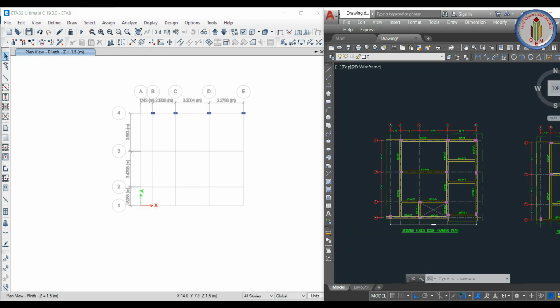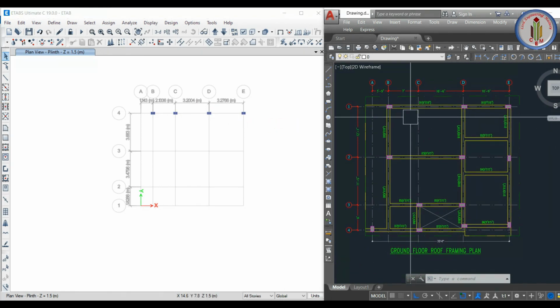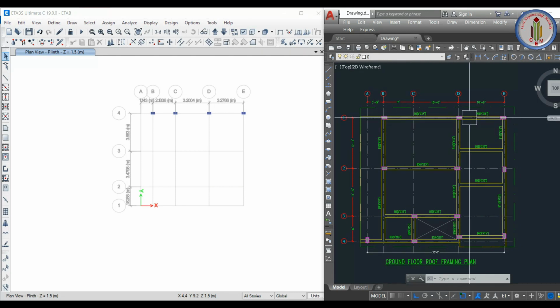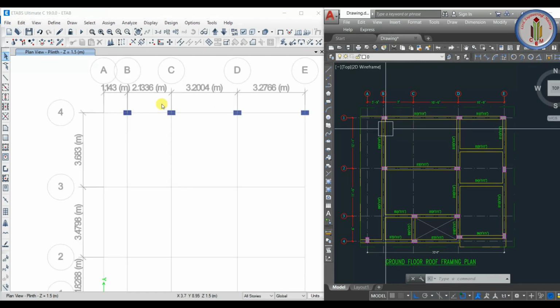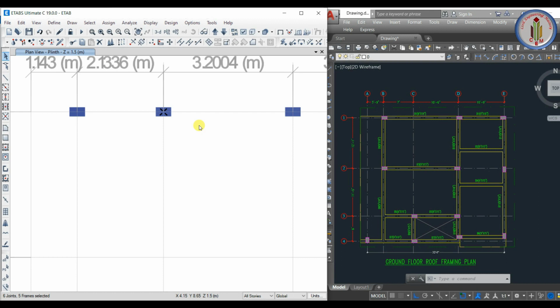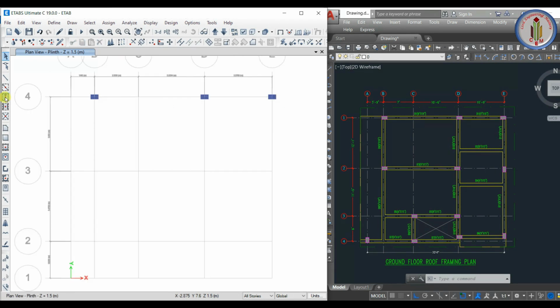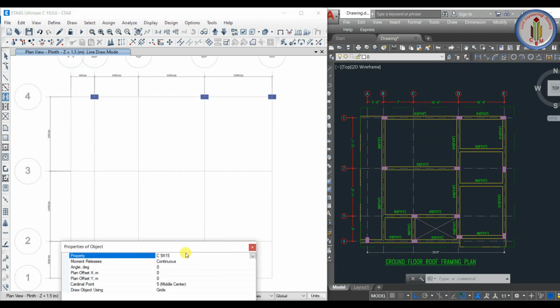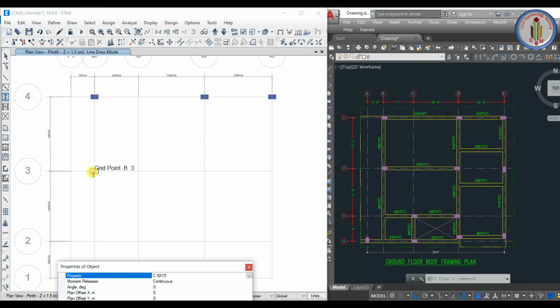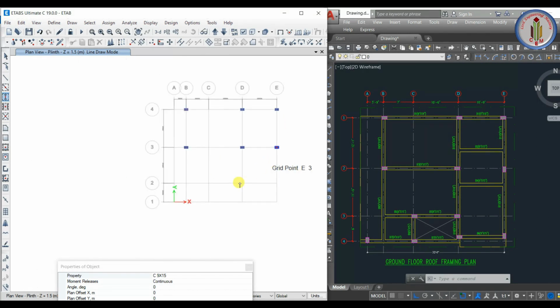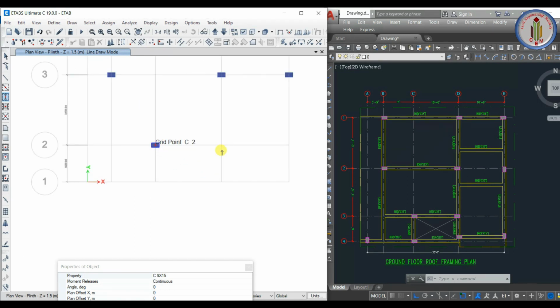So here I have the reference architectural plan as well. If you see, 1, 2, 3 columns we have. This column we don't have. Let's select this one and delete it. Next again I am clicking this option and then here we have one column and here we have one column. Here we have one column. Next let's draw column here, here, here, here and here, and in this place also we have one column.